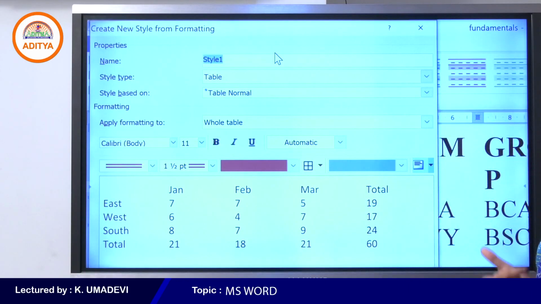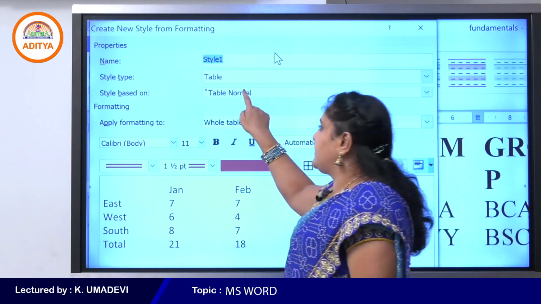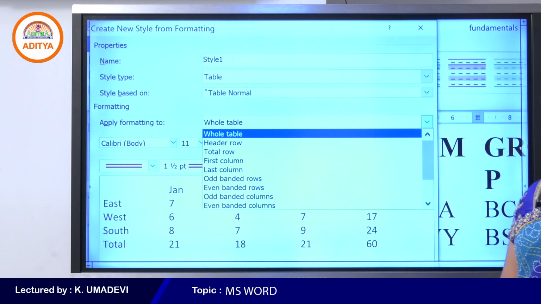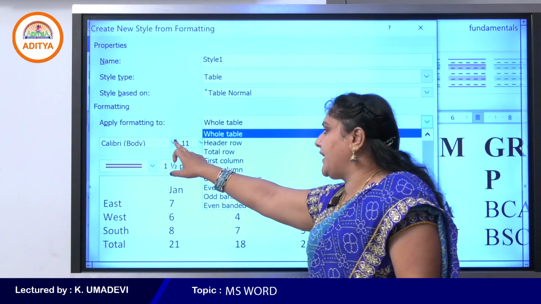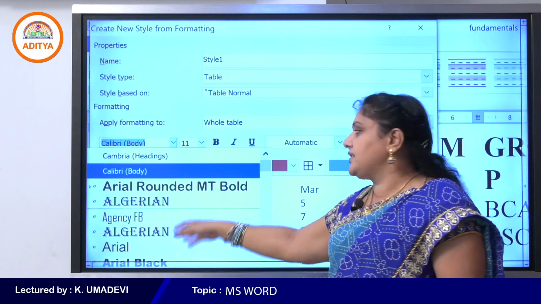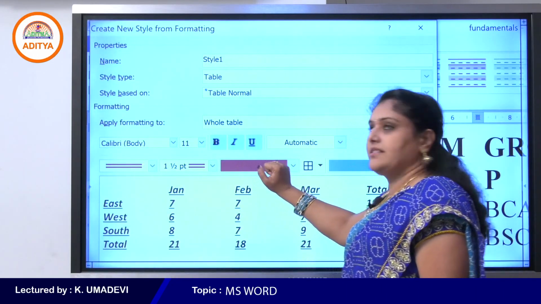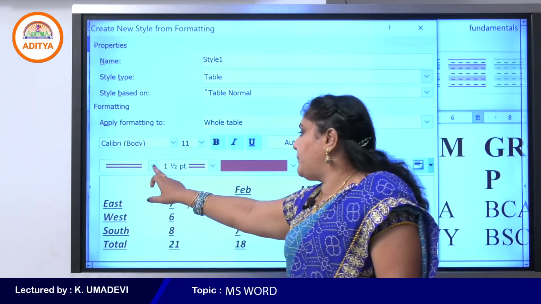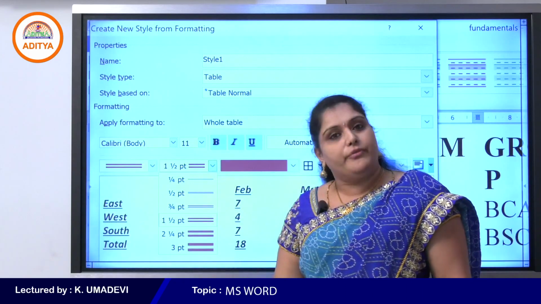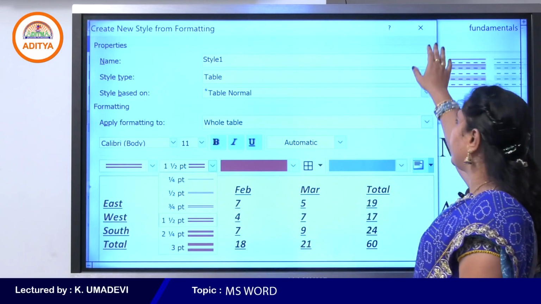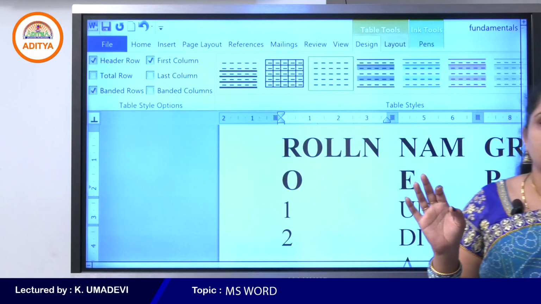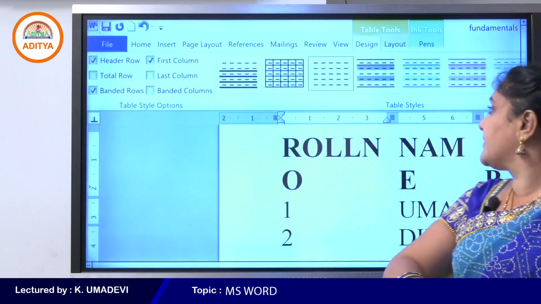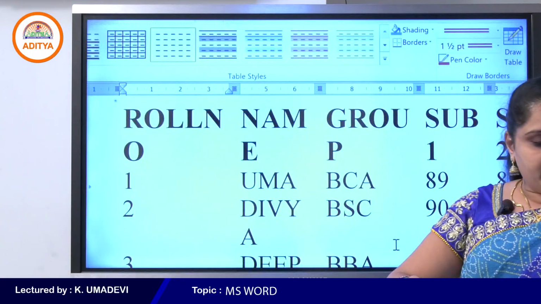You can select the same formatting from this dialog box, like style based on, and apply formatting to select any one part of the table which we want to apply to, and select the font size, font styles, and color, apply different border styles and select the width of the border, etc. Okay students, yes, these are the different options which are used to apply different table styles for the inserted table. And the next one is, here I will press Ctrl Z.